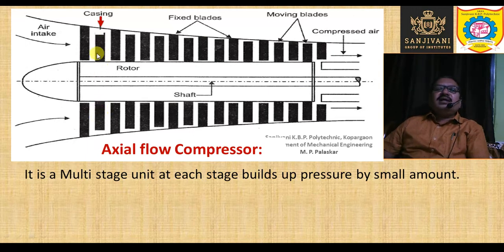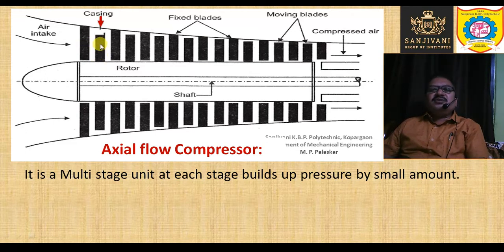So the one pair of these blades, that is the one ring of fixed blades and here one ring of moving blades, they constitute one stage of the compressor. So these two rings of blades constitute one stage. So this is the first stage. So the first stage ends here and the second stage starts. So this is the second stage. Okay, here the second stage ends and the third stage starts. So this is the third stage, then the fourth stage, fifth stage, and so on.